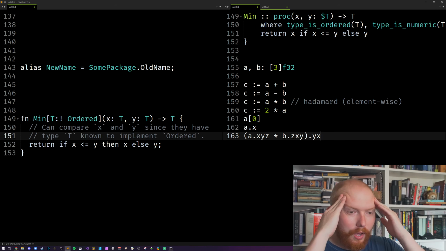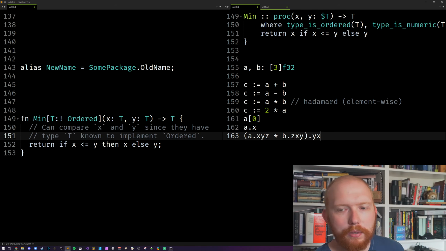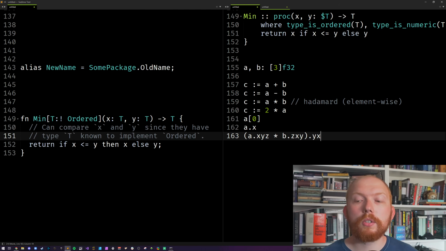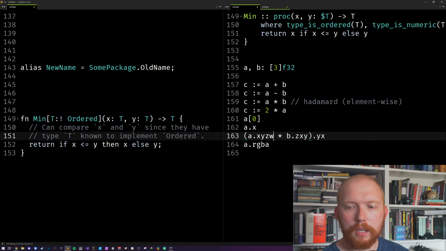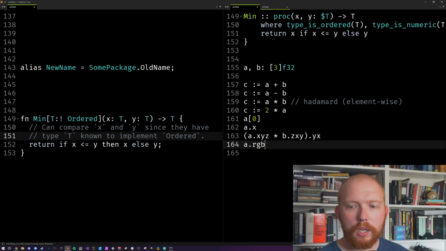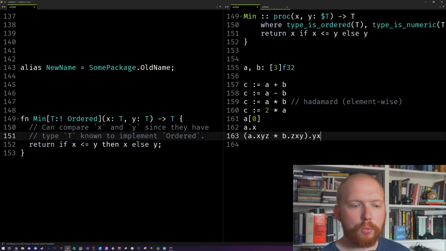This is such a useful feature for some shader languages. Why can't we have this at the systems level, application level? This is such a useful thing. And not just that, you can do RGB as well on it if you wanted, not only X, Y, Z. And if it had 4 parameters, you could do RGBA or X, Y, Z, W if you wanted. No problems. And that just works.